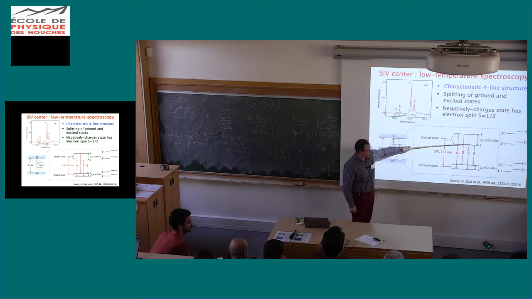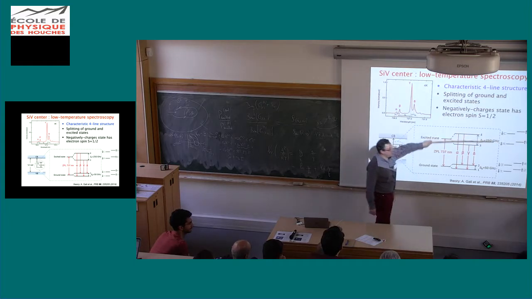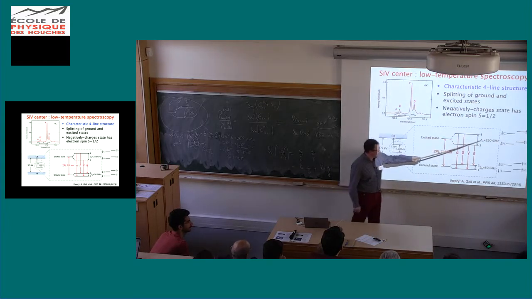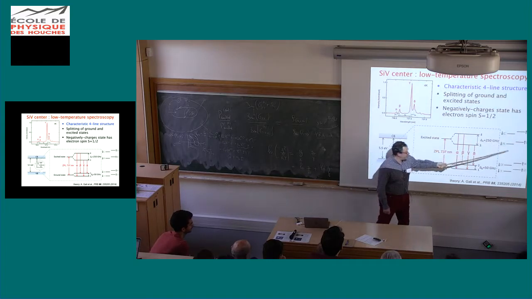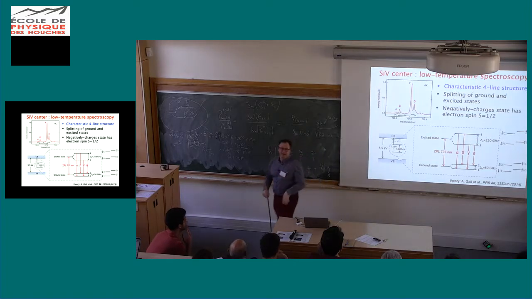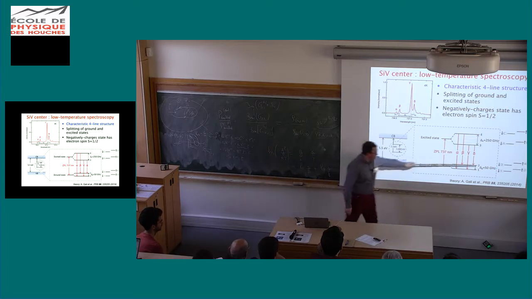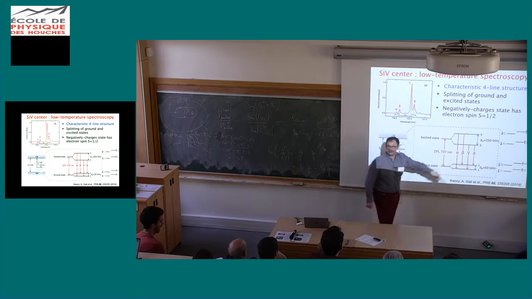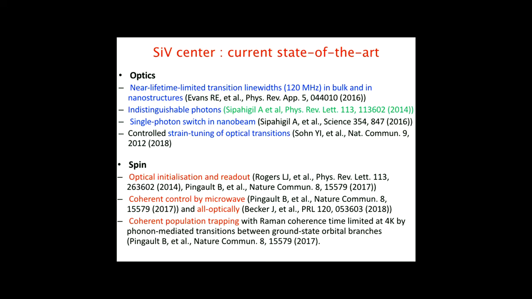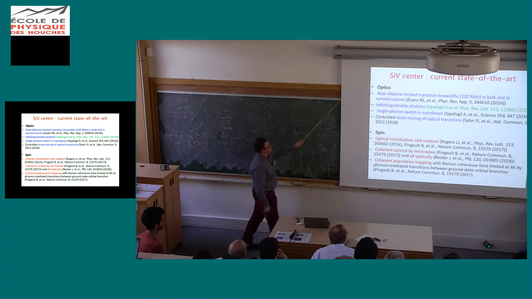So now, if I apply a magnetic field, typically 0.5 to a few Tesla, I will shift these levels by an amount which is significant compared to this difference of energy, and I have now an 8-level structure, an 8-level manifold on which I can define the different transitions. And you can do the spectroscopy of these 8-level systems and investigate where you have all the transitions between these states. And so a lot of work has been done in the past years to look at both optics and